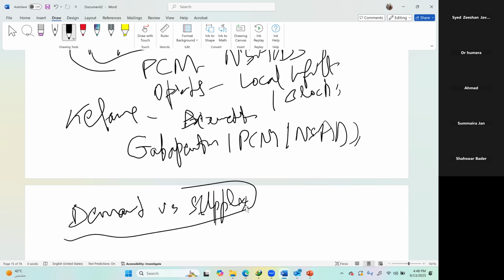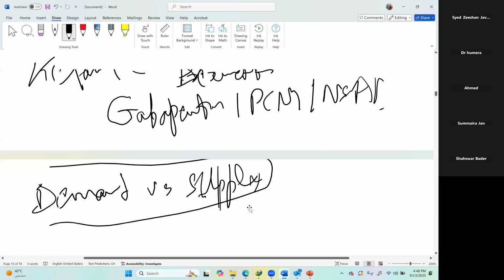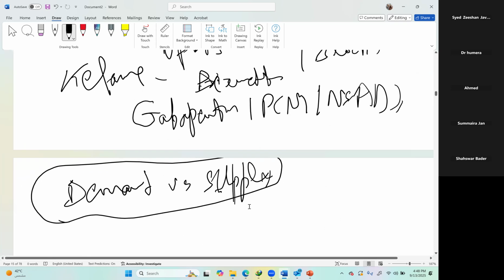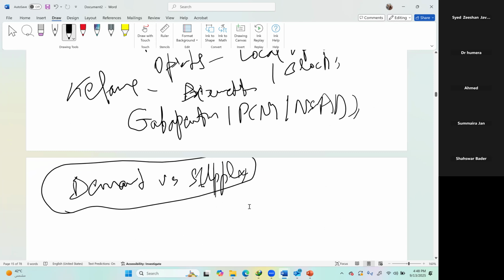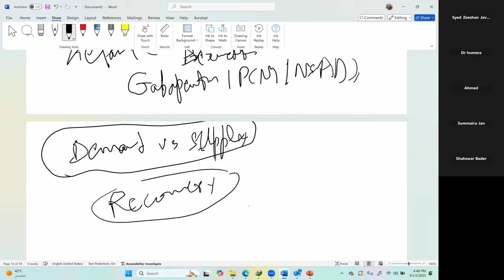Maybe the main source will be this one, demand versus supply. Okay, so correlation will be there. Then similarly, the same thing which you will be considering when you are anesthetizing the patient will be in the recovery. Okay, so the same thing: neostigmine with glycopyrrolate can have more cardiovascular instability